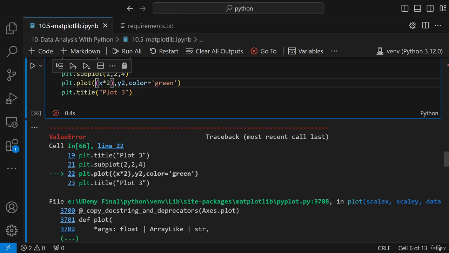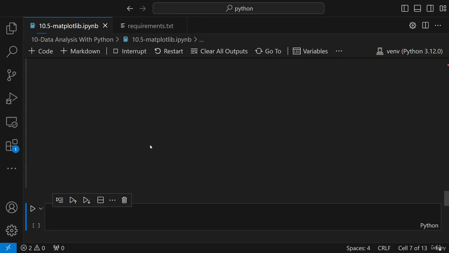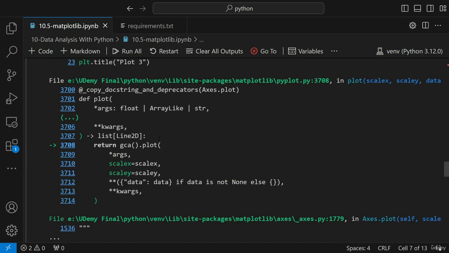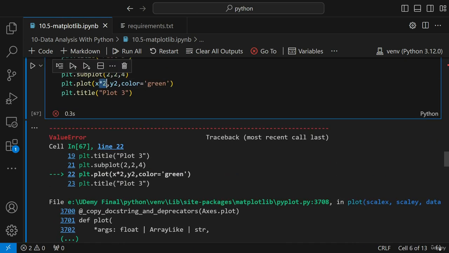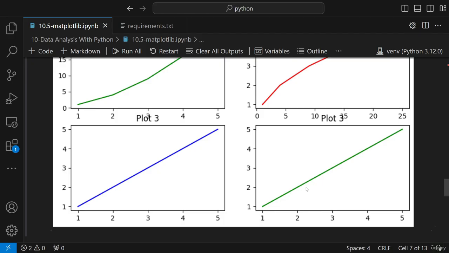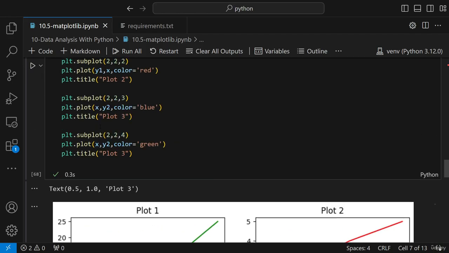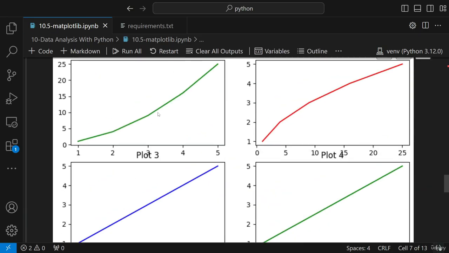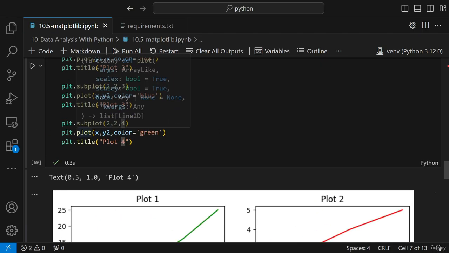Let's see whether I've done this mathematical operation properly or not. X is nothing but my list. Okay, it's still giving an error. Let's see whether I remove this particular operation, it will work or not. So here you can see I'm able to get my fourth diagram, okay, and this will basically be my plot 4, okay, plot 4. So overall, you are able to see that I'm able to plot over here any things,